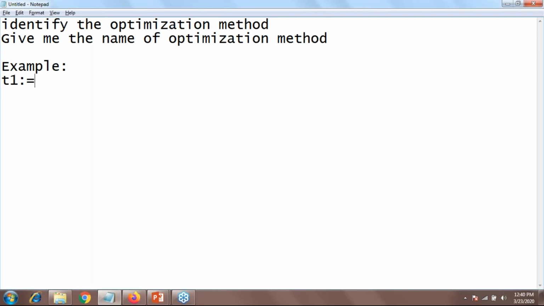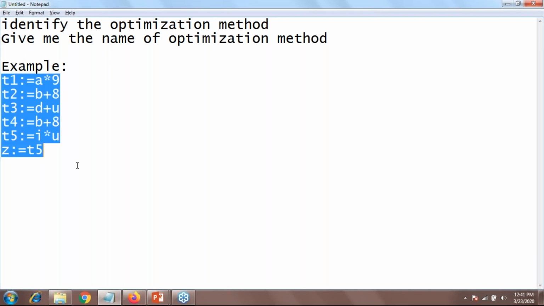So T1 equals A multiplied with 9, T2 equals B plus 8, T3 equals D plus U, T4 equals B plus 8, T5 equals I multiplied with U, and T6 equals Z. Okay, just give me the name of the optimization method.